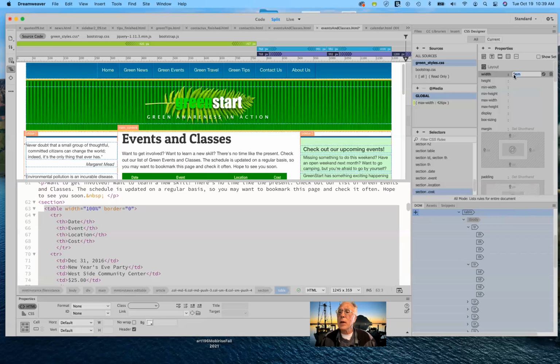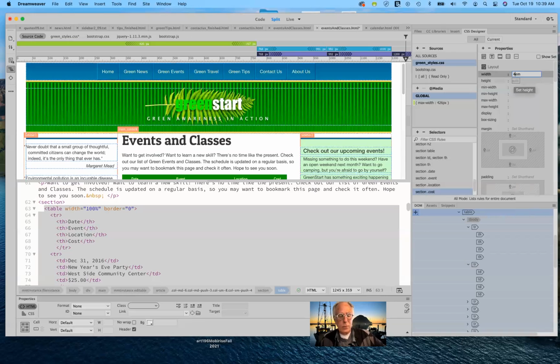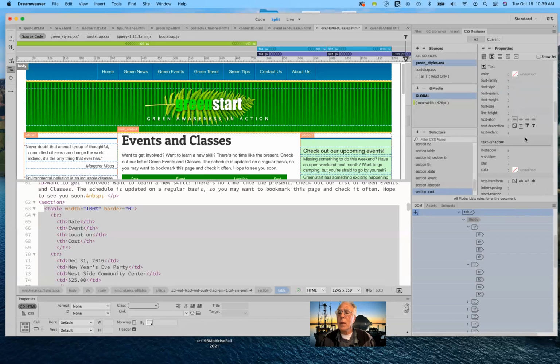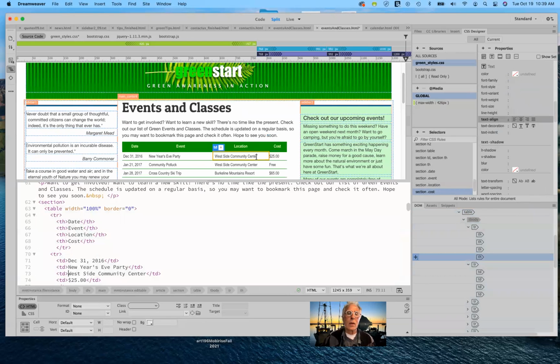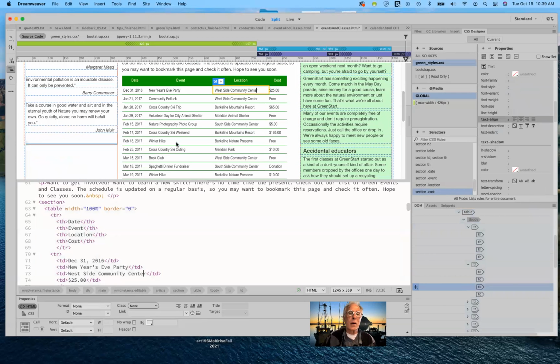And I want the text to be centered. Under text, I want it to be centered. And you'll note that nothing really has changed yet because we haven't specified a class for each of these